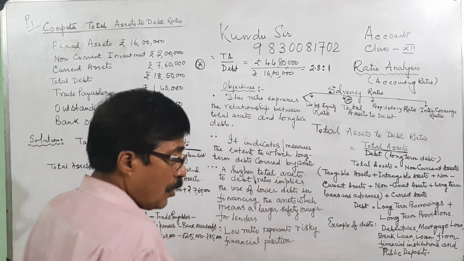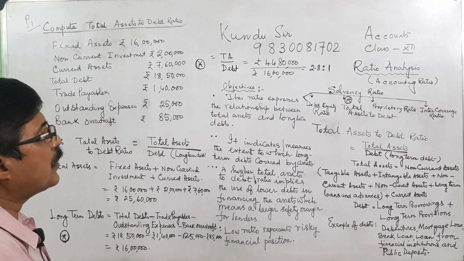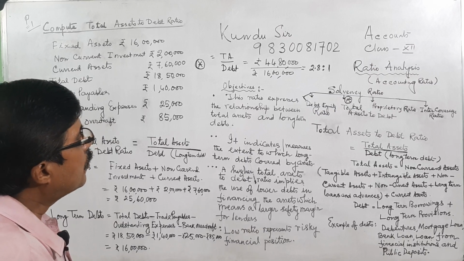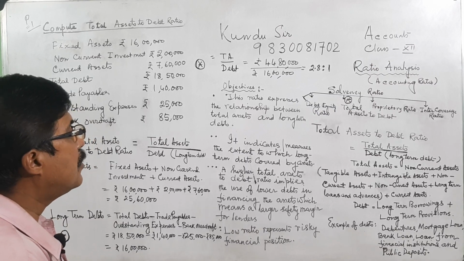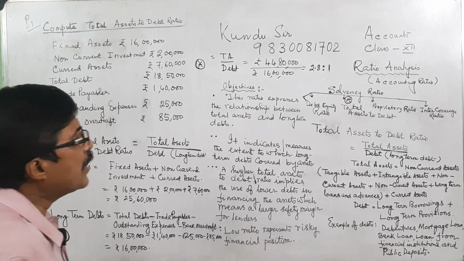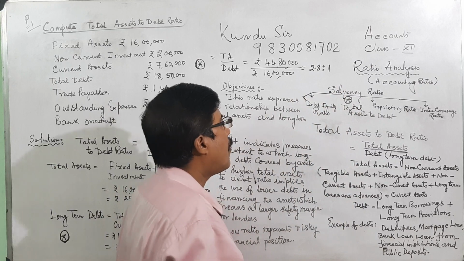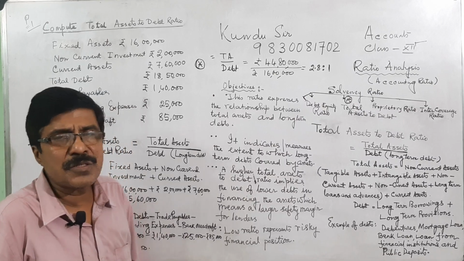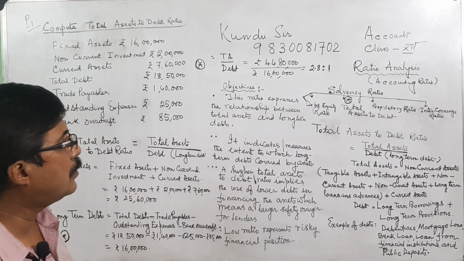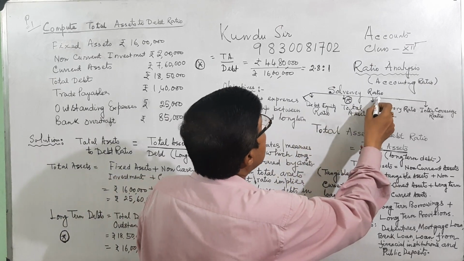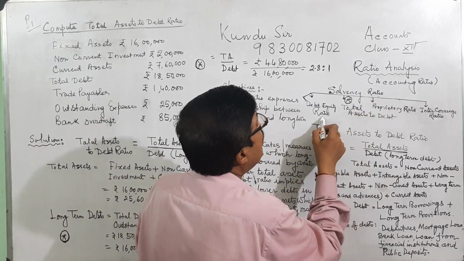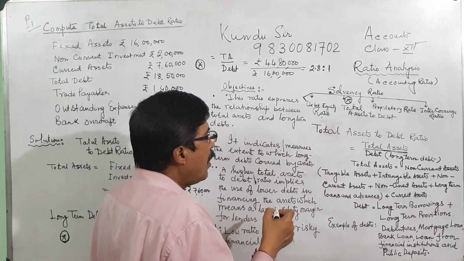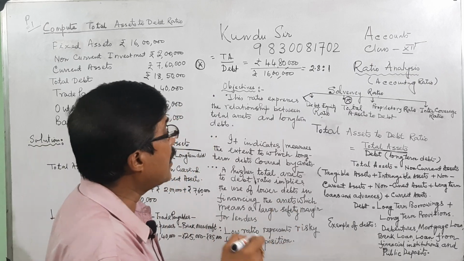More problems will be done after completion of the entire syllabus, in the revision class for all chapters. A lot of collection is to be provided by me. In the ratio analysis, it is a very important chapter for class 12 for all boards, CBSE, ISC and all state boards. The debt equity ratio I have discussed in the last class, and I have also given a sum and it was done in the class.